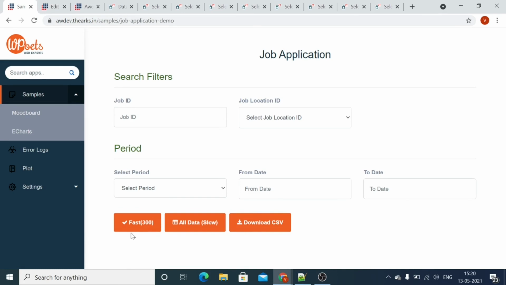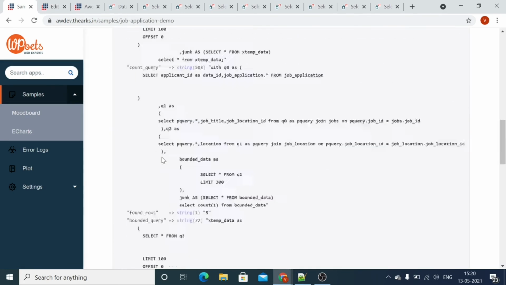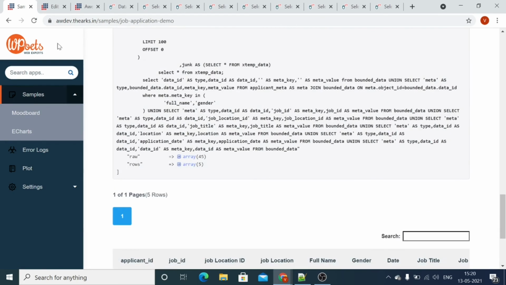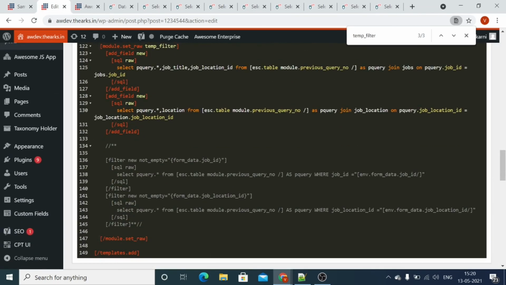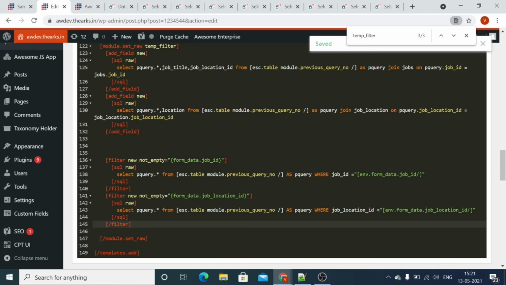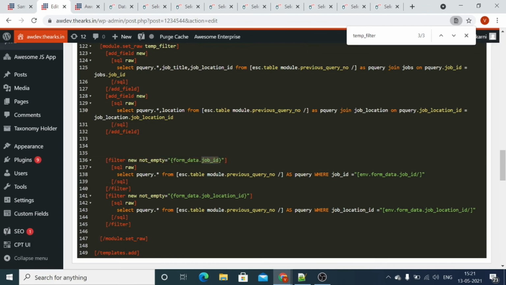Now we will use the filters on this query. Now how can we add the filters? Now we have the filter array. So whenever the job ID is not empty, then this query will execute. So this will filter out all the records against the job ID and against the job location ID.